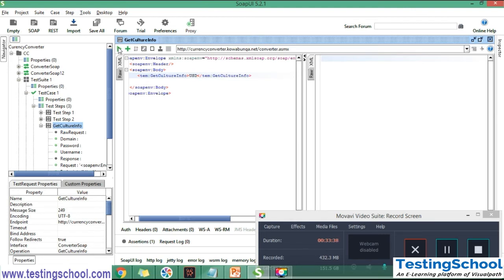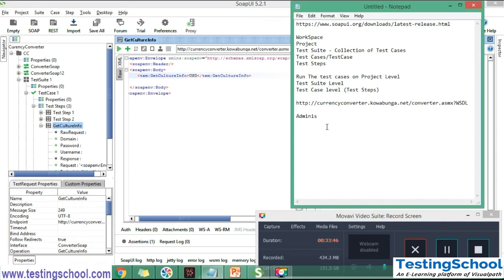When we send the request, it should go to the server and we should receive the response. Here I will draw a simple request. It should go to the server, and once we send the request to the server, it will send the response.